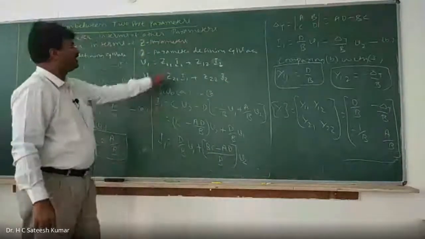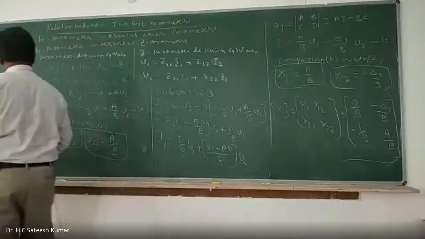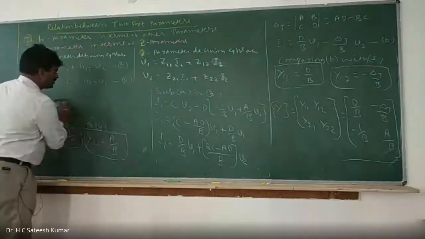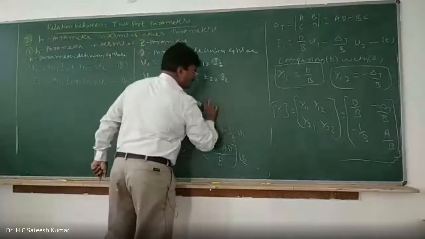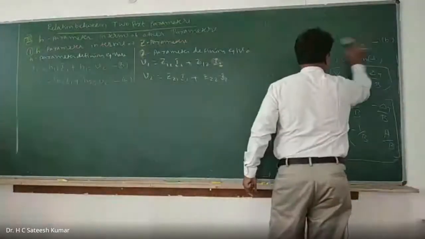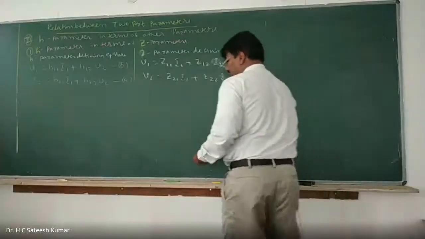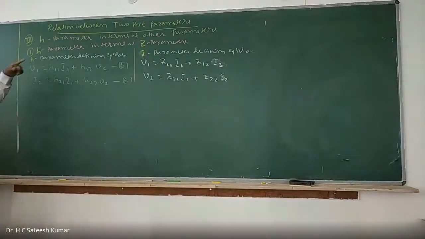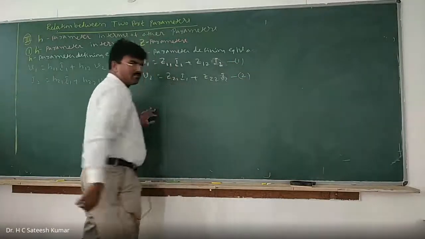See, I1 and I2, whatever we have, same thing will be there here also, right? Now you go for one by one. Just by shuffling only, we can do all the problems, all the representations. Call this as equation number 1 and 2. That will not change. Z parameter equations we call it as equation 1 and 2 only.